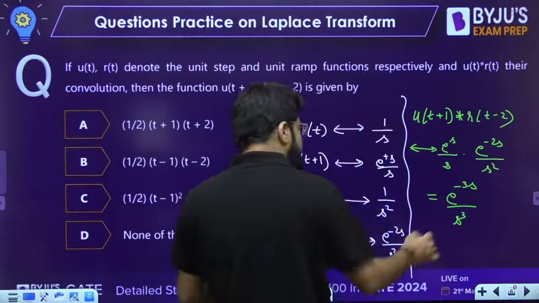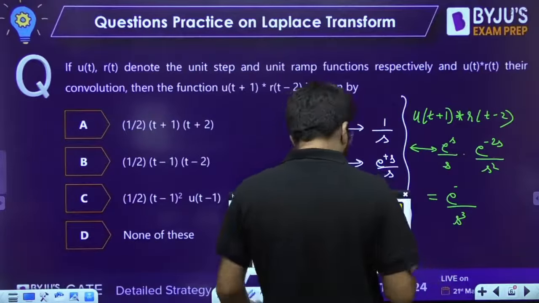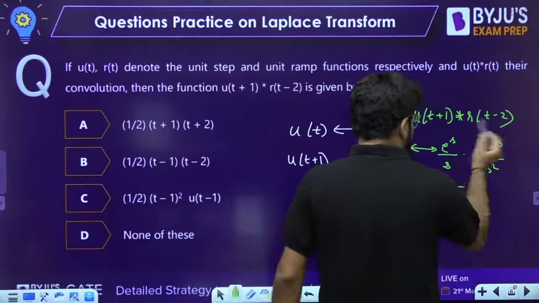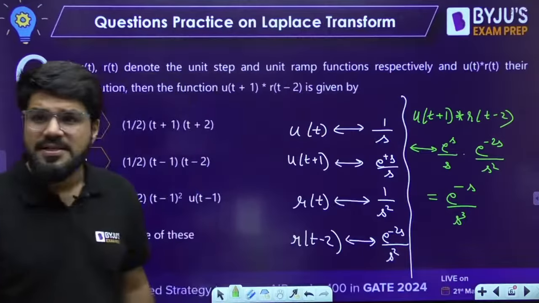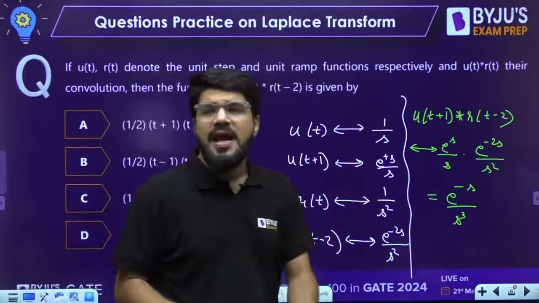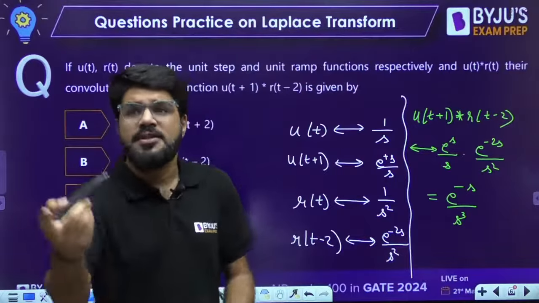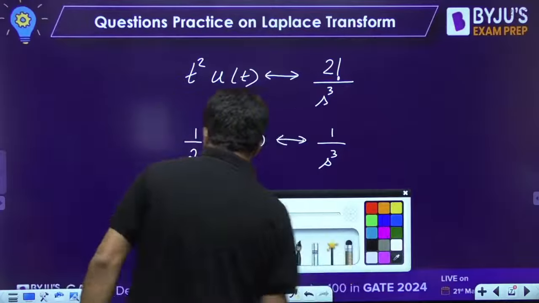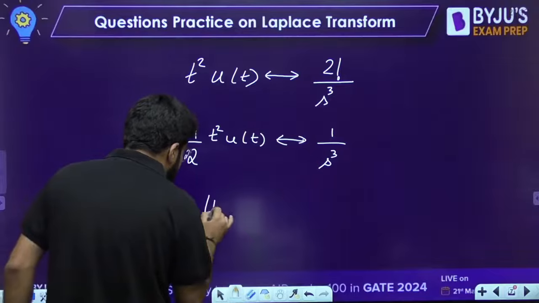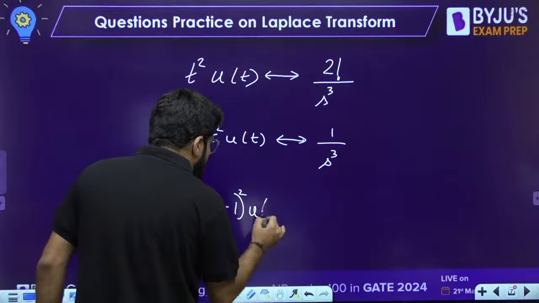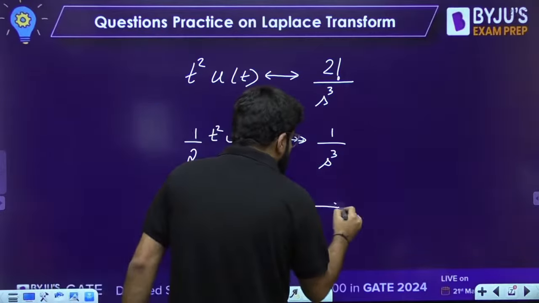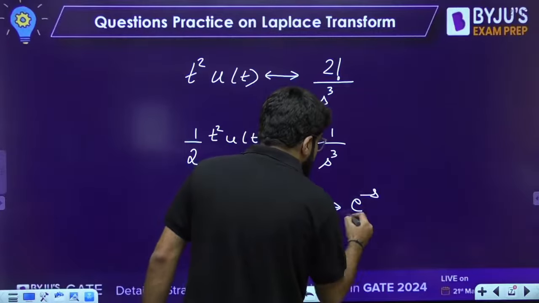Oh, I'm sorry, it is e raised to the power minus s. A small typo error. It is e power minus s plus s and minus 2s, e power minus s. So I need e power minus s, and that can come by t minus 1, the time shifting corresponding to t minus 1. So let us do the time shifting here. Half of t minus 1 whole square, u of t minus 1 would have the Laplace transform e power minus